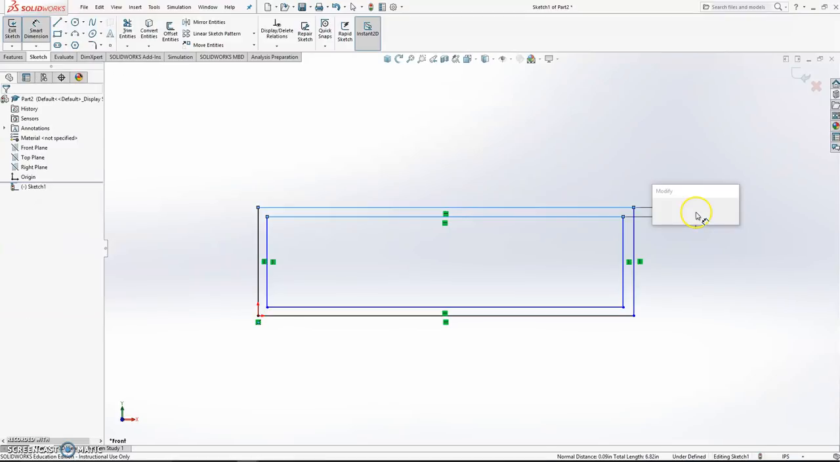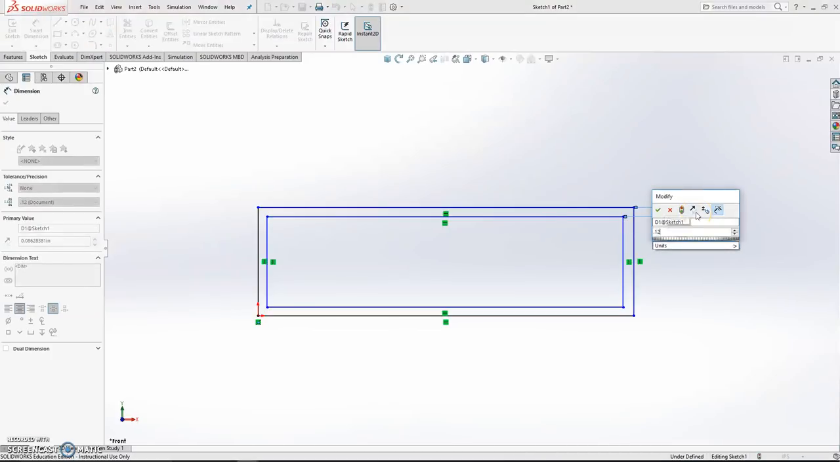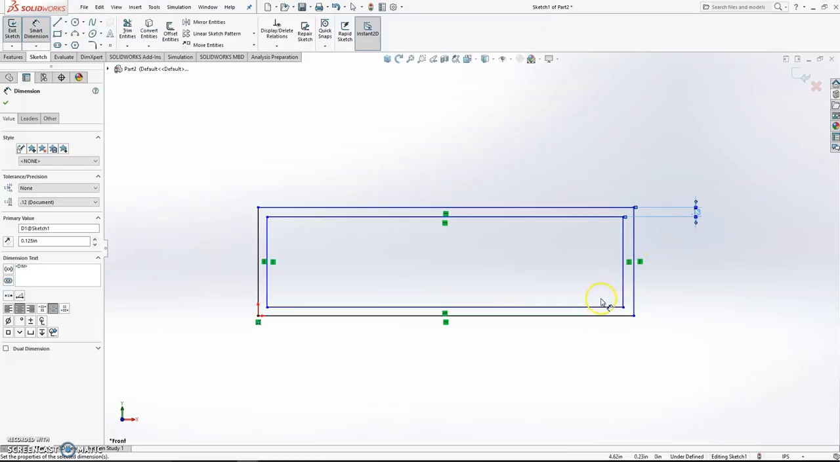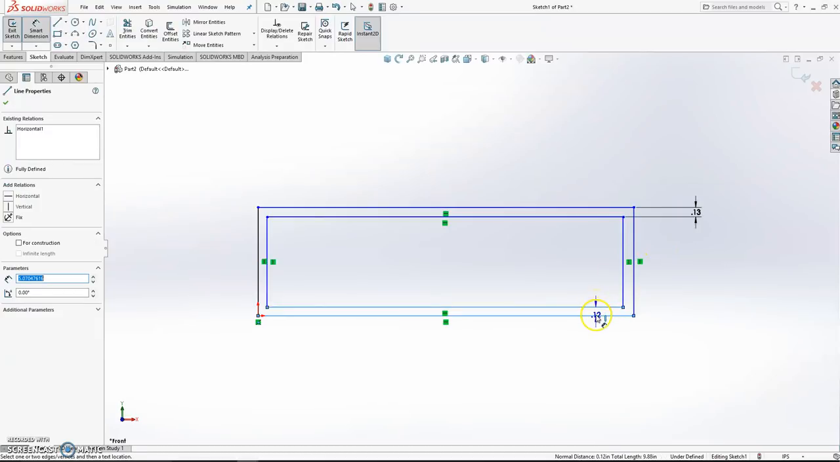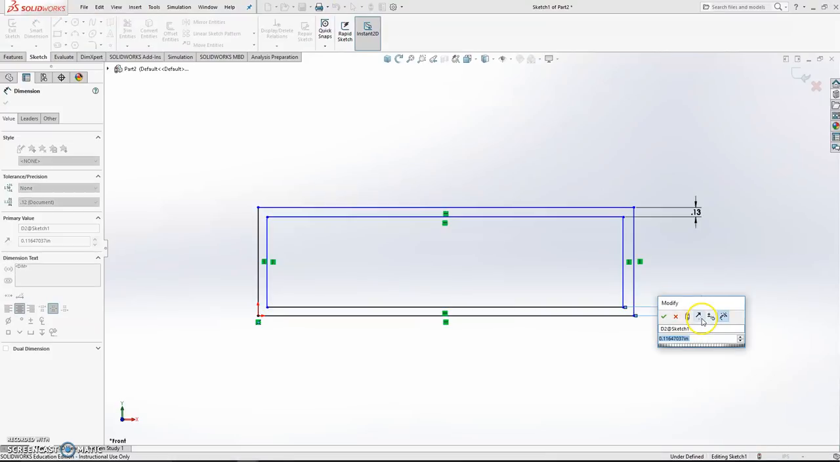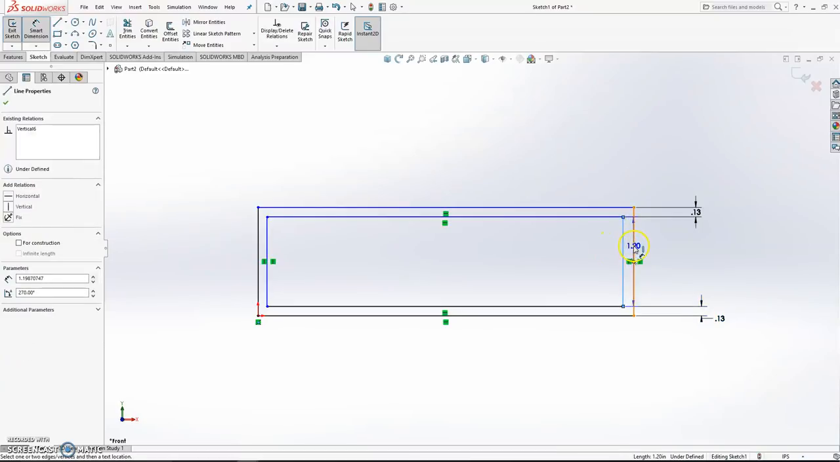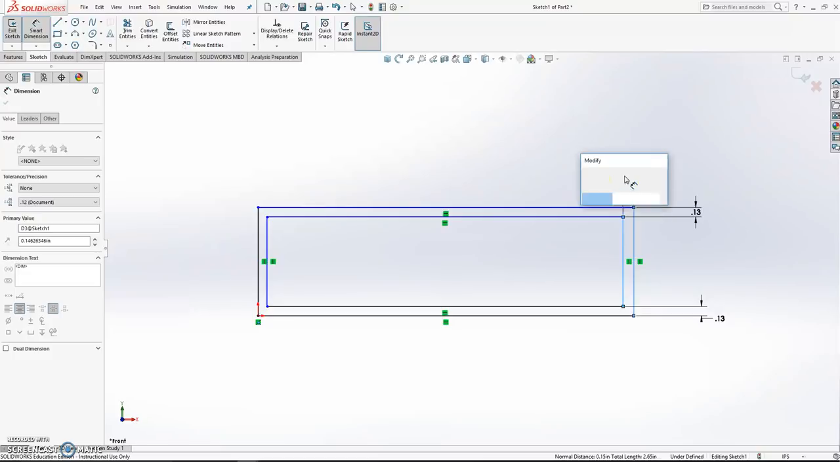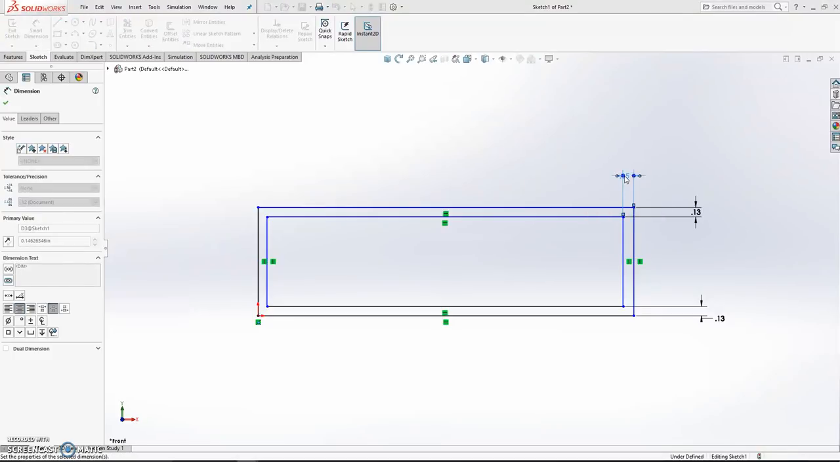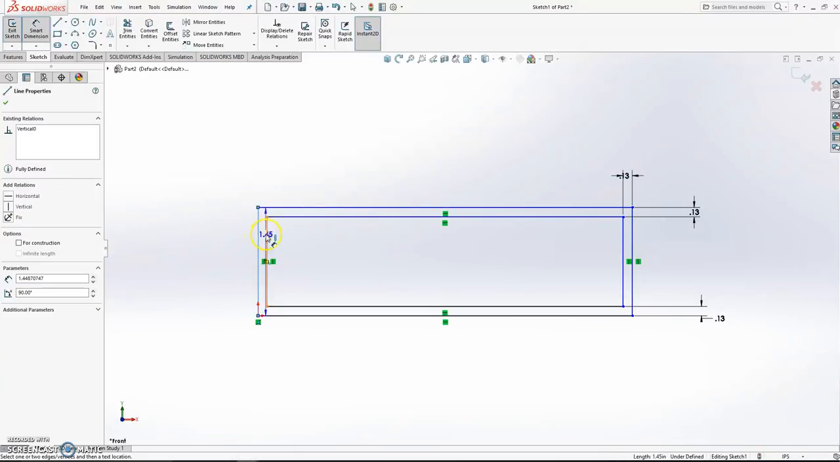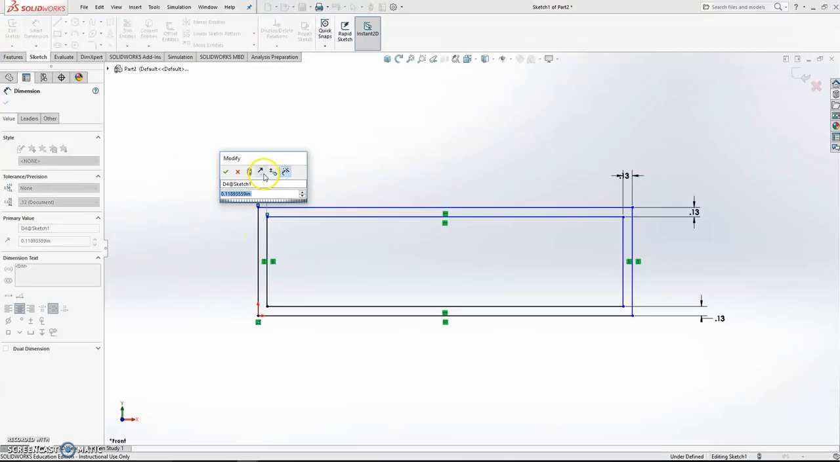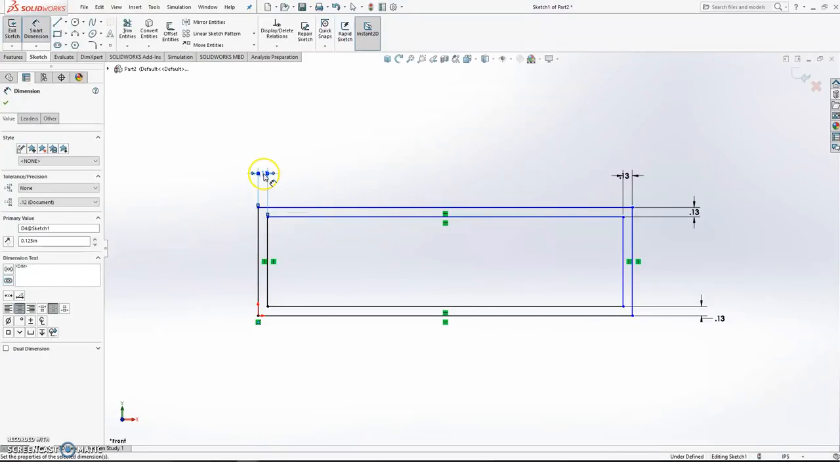So I come over here, click, 0.125, enter. Come down here, click first line, click second line, 0.125, enter. Same thing on the right, first line, second line, 0.125, enter. And now first line, second line, 0.125, enter. Okay, so now we have adjusted all of our lines so that the gap in between is 0.125